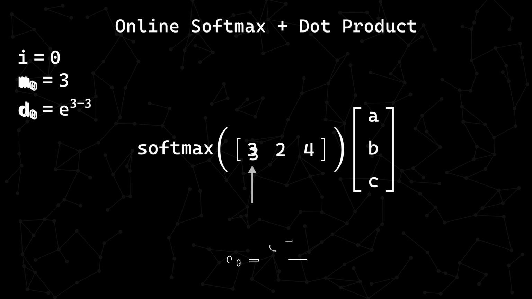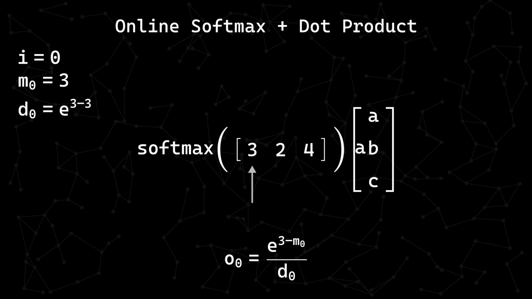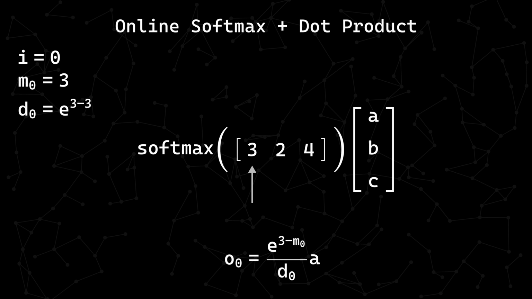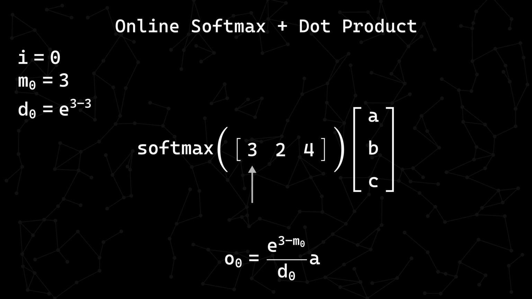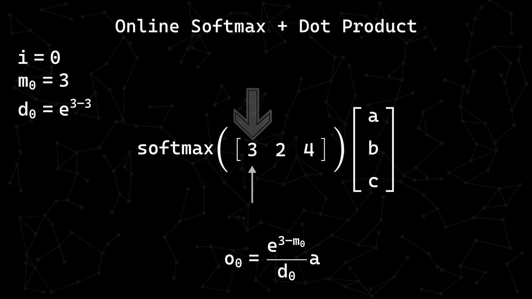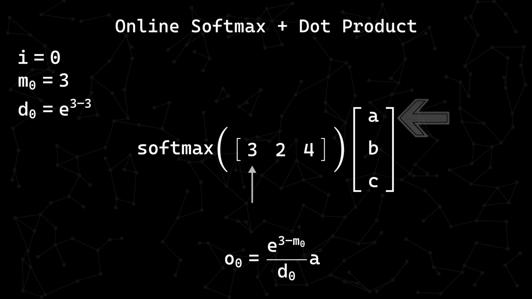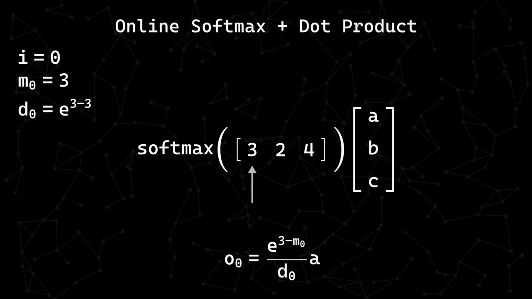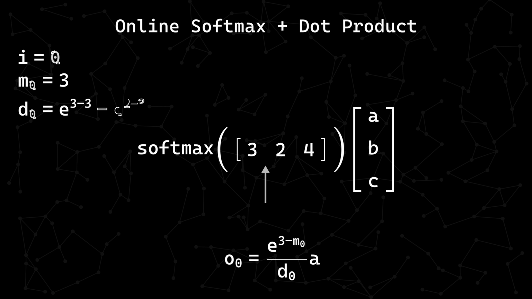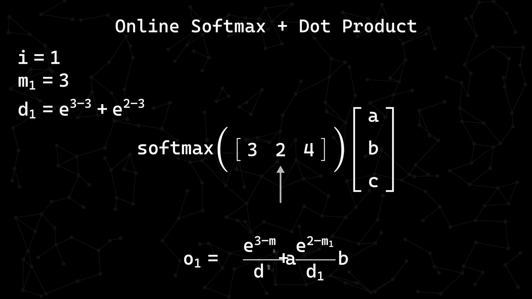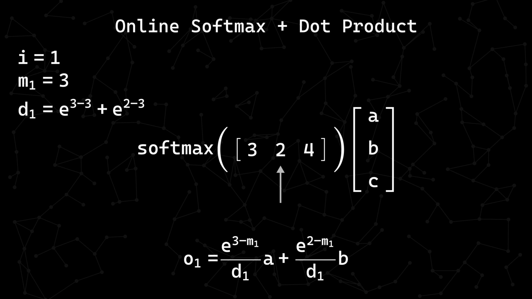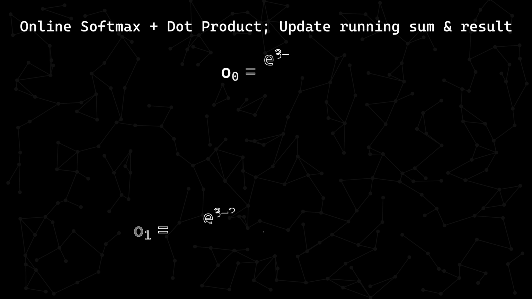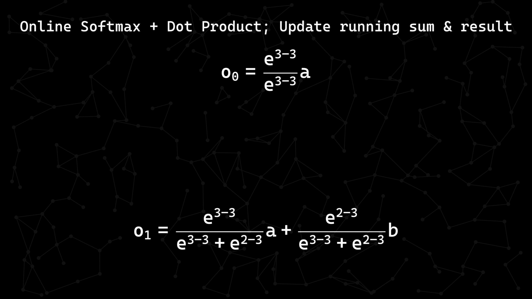The first iteration of our loop is trivial. We update the running max and the running sum as usual. But now, after we get the running max and running sum, we perform the softmax operation on our current element. Then, we multiply it by the corresponding element in our column vector to get our running result, or O sub I, which is an additional running total we're now keeping track of. For the second iteration, updating the max and running sum is straightforward, but since our running sum has changed, we need to update the running result without going back to previous elements. At the top, we have our current running result, or O sub 0.